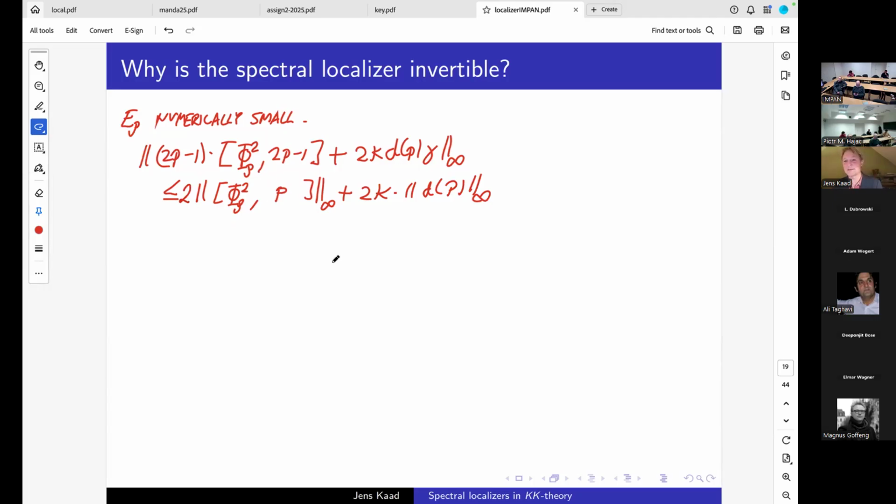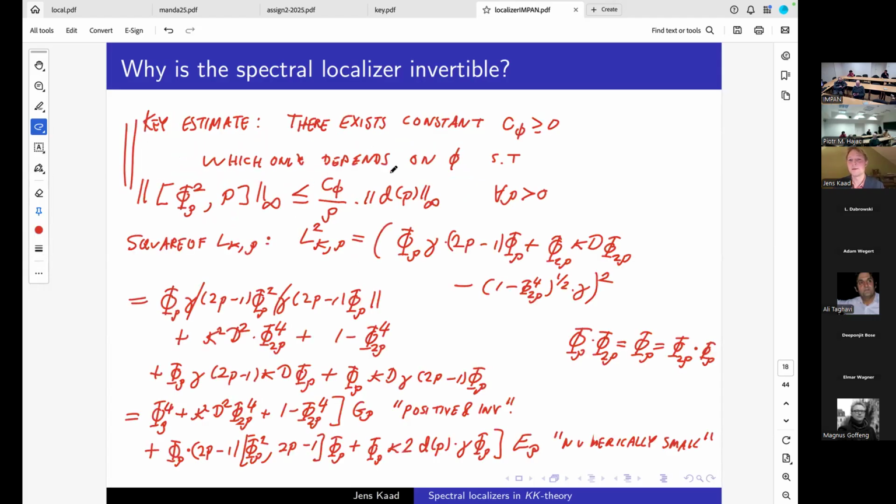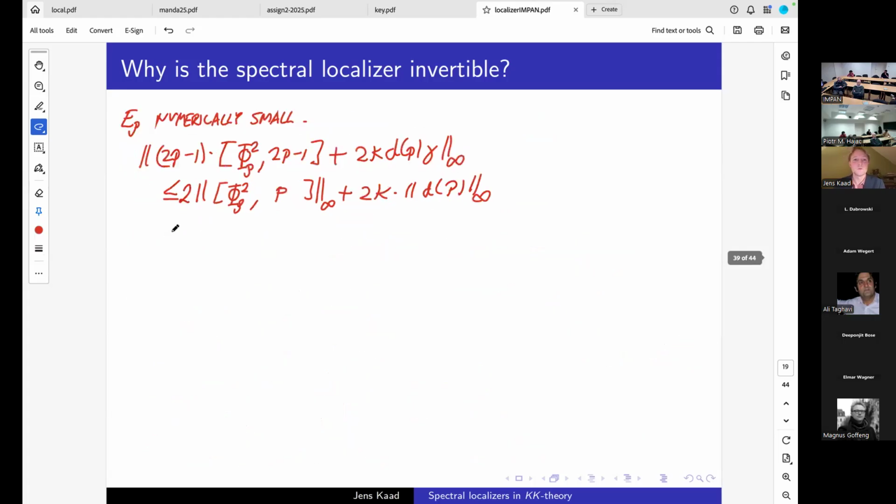That is the key estimate that I started out with. That's right here. That's an estimate on the operator norm of this commutator. It's always less than my constant C phi divided by rho times my quantum derivative. That was the key estimate. So all in all, I get here twice C phi, my constant, divided by rho plus kappa, times the operator norm of the quantum derivative of my projection P. I'm going to call this constant here C kappa rho. This depends on both kappa and rho.